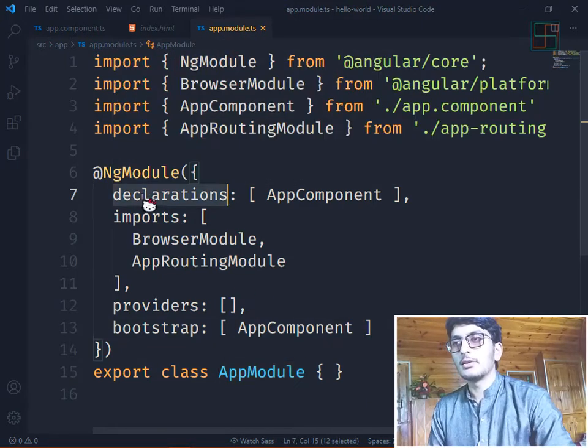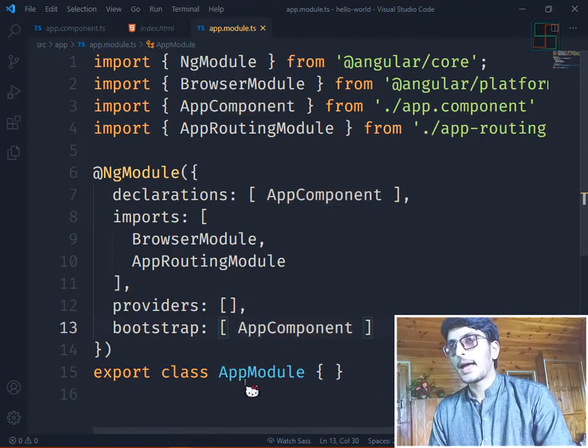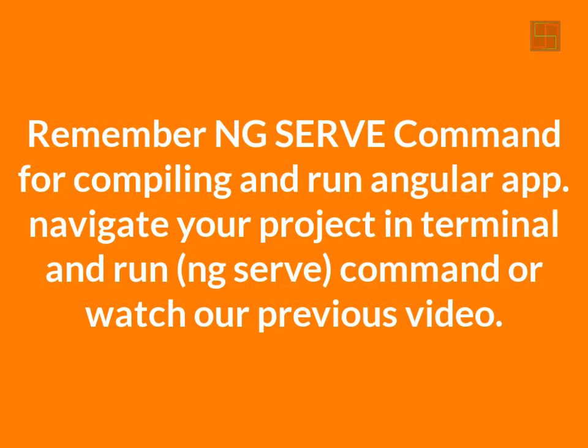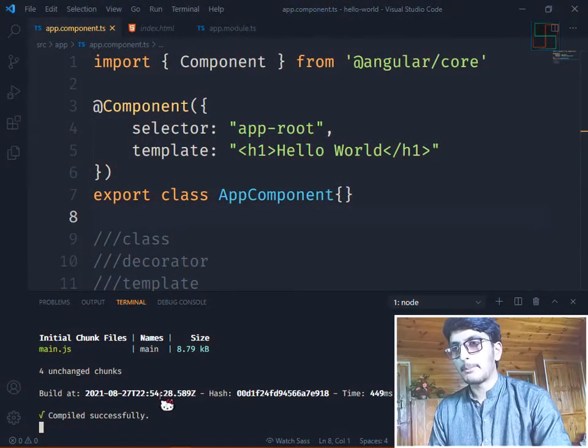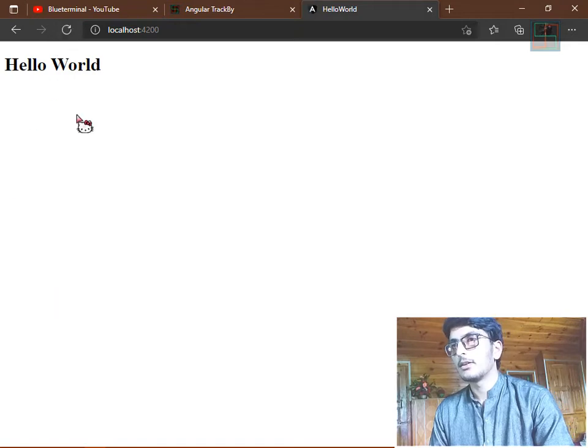Okay, in app module we declare our AppComponent and bootstrap our AppComponent. I think our AppComponent is ready. Let's open the terminal, and it compiled successfully. Okay, jump to our browser. Hello world is here.